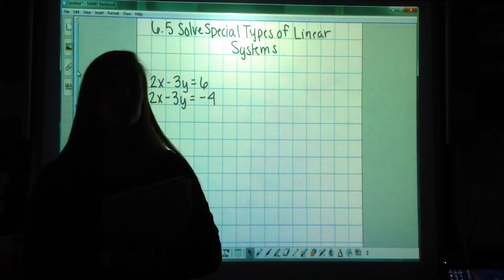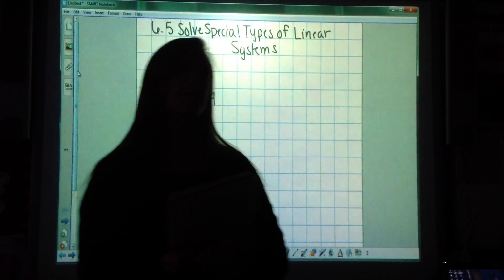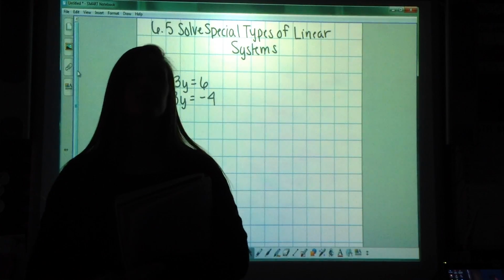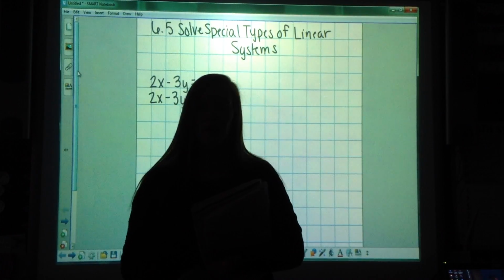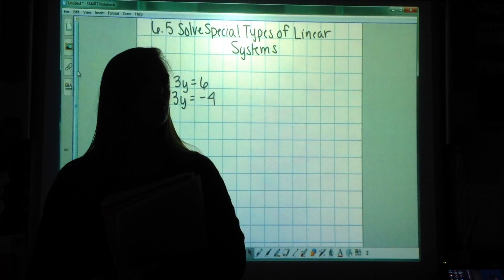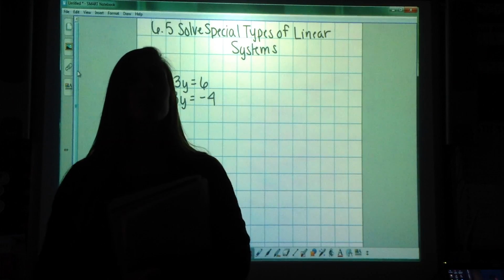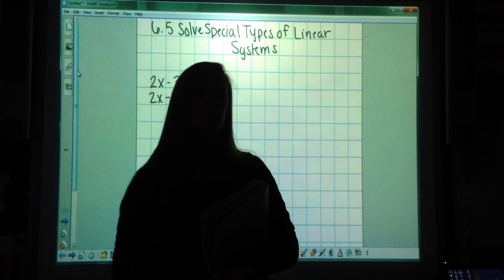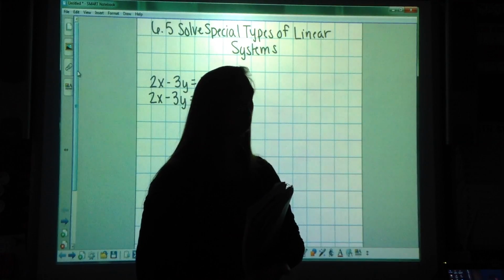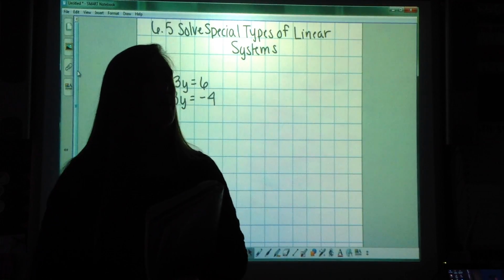In this lesson, we're going to continue to solve linear systems. In the past, we learned how to solve linear systems 3 different ways, and our solution was always an ordered pair. In this lesson, you're going to notice that we're going to get a different answer. We're not going to get necessarily an ordered pair. Sometimes we will, but other times you're going to get many solutions or no solutions. This lesson is going to be similar to when we were solving equations and inequalities, and we got many solutions